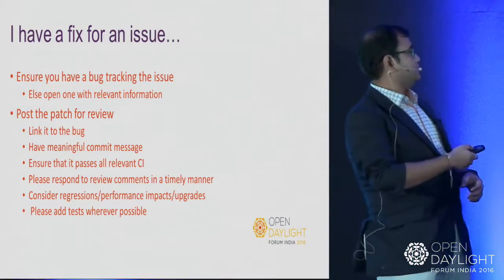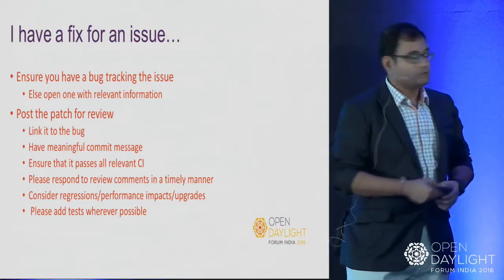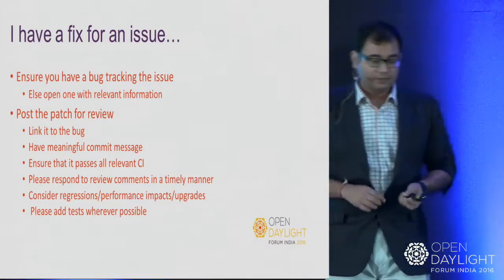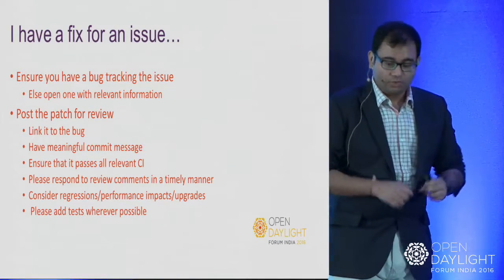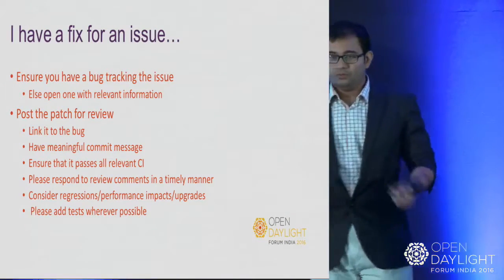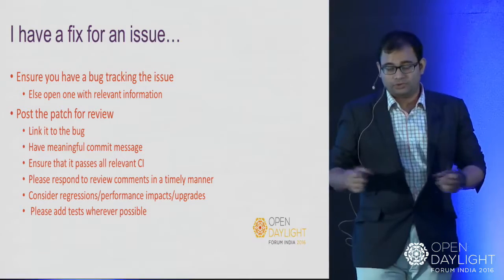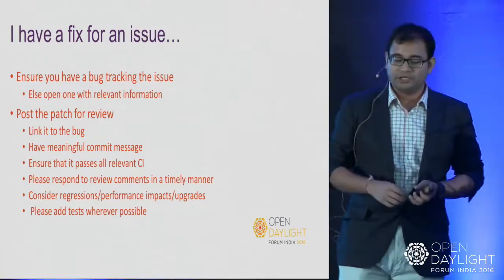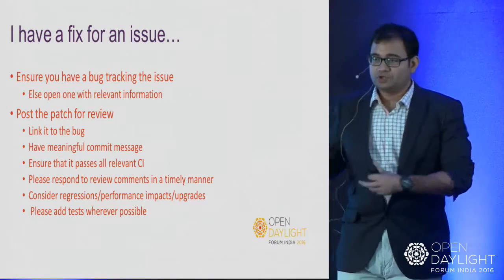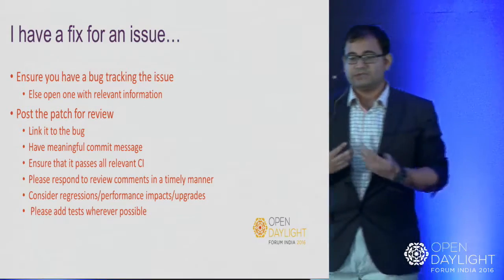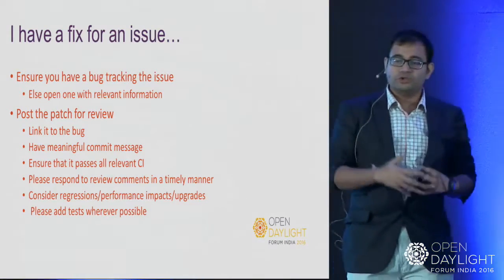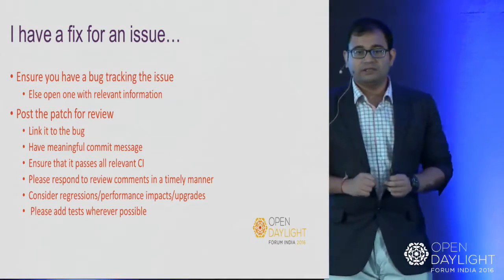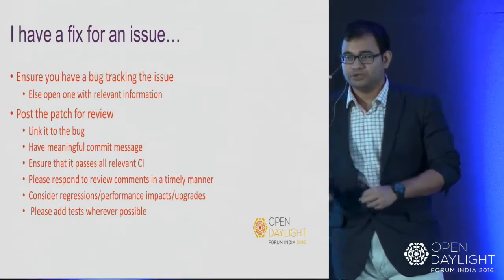There is a link for details on how meaningful a commit message can be. The rule which I follow is: what is the patch, and what is the patch for? So you have just a one-liner saying what the patch is for, why it is there, and how it is solving the problem. So the first time I take a look at it, without even going into the bug, I know, okay, this is the problem that your patch is trying to solve.